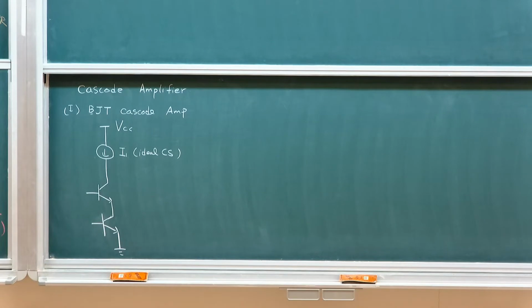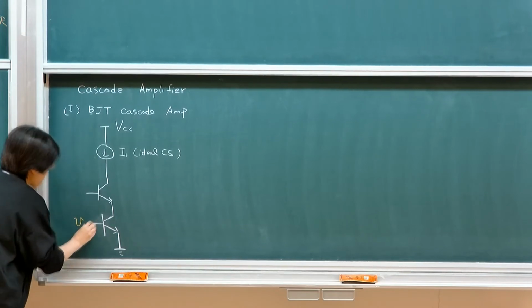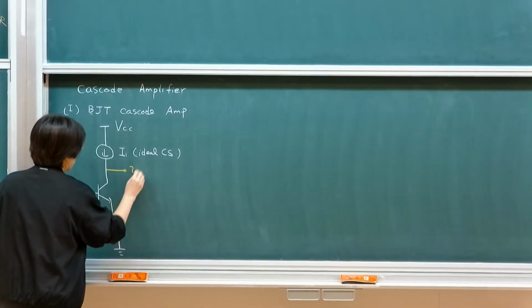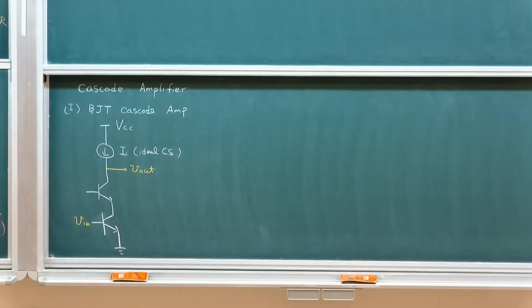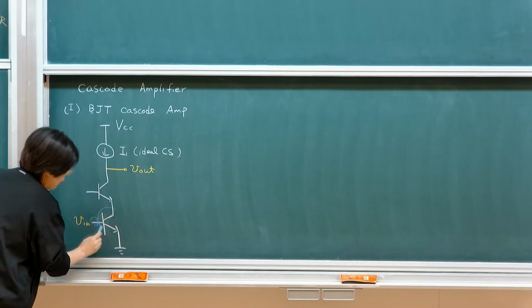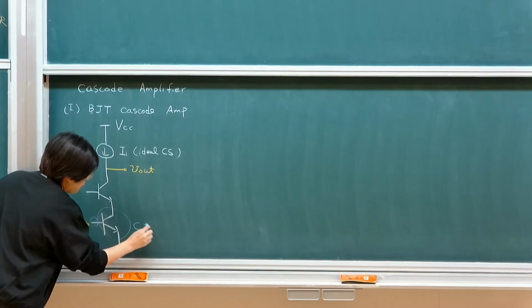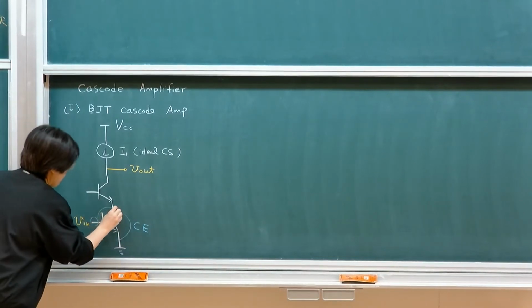So instead of having a fixed bias as compared to this current source, I would then have one terminal, the base terminal, as input, and your output terminal here. So if you look at the signal path, your input comes in from the base, and then it's being amplified. So this is a common emitter stage, right? So this will then be my VO1